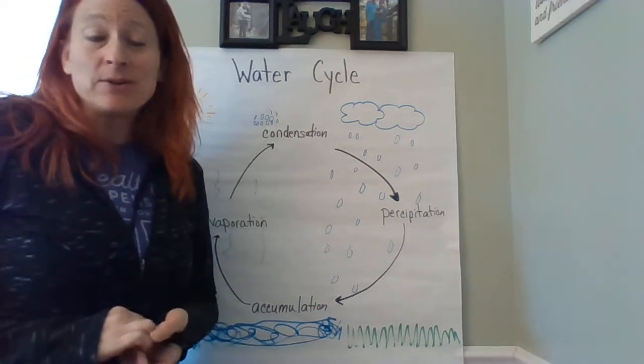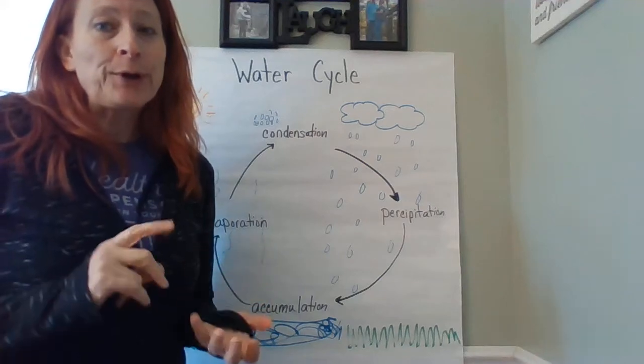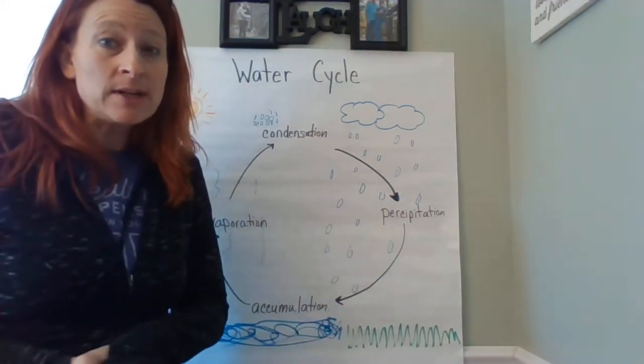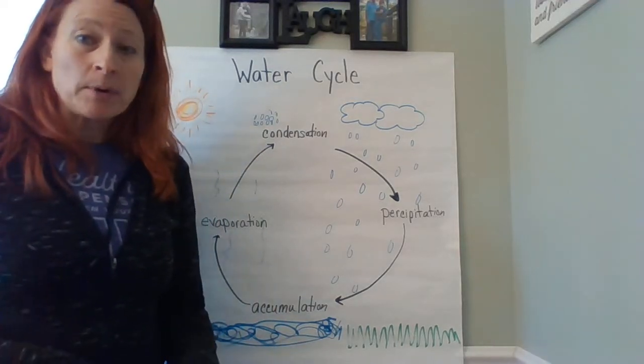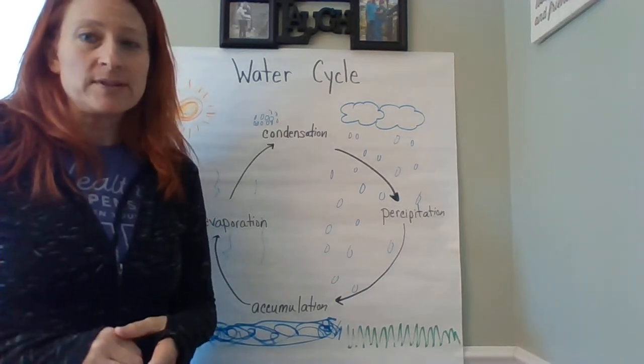Just so you know, later in the activity, you're going to need a piece of paper and crayons. So if you want to stop and pause real quick and get that stuff, go ahead, or you can stop after a review and pause it, and then you are going to do your own water cycle.